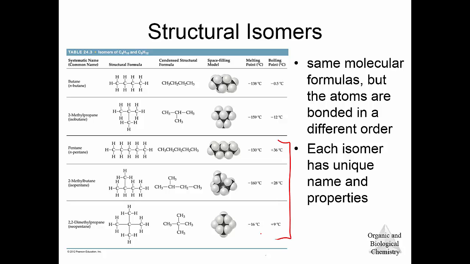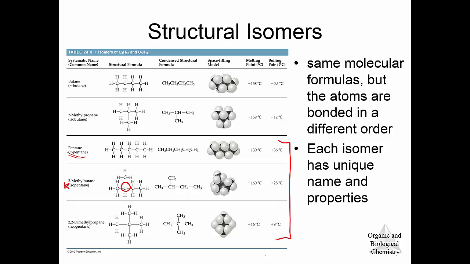So you'll notice in n-pentane, that is your straight chain hydrocarbon, each carbon is attached to either 1 or 2 other carbons. This is different than down here in methylbutane. The common name for that's isopentane. But what's different here is you'll notice there's this one carbon right there that is attached to 1, 2, 3 other carbons. So that gives it different bonding, it's different structurally than pentane, even though it has the same number